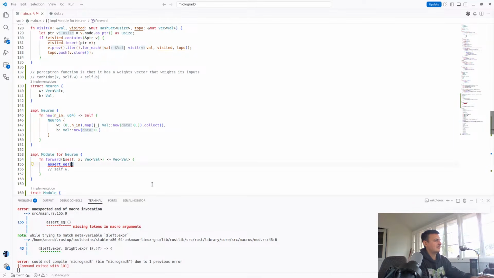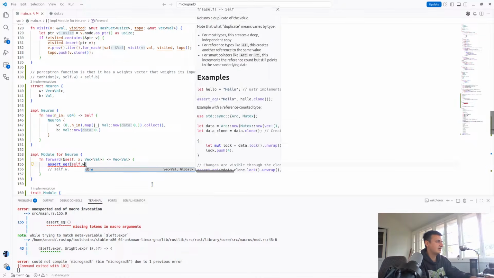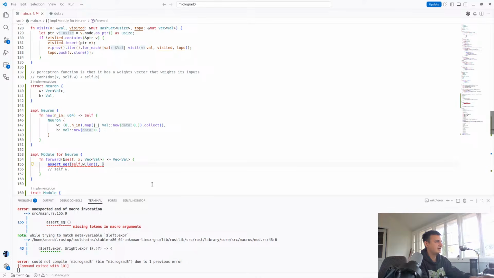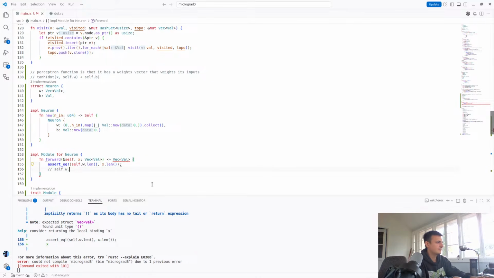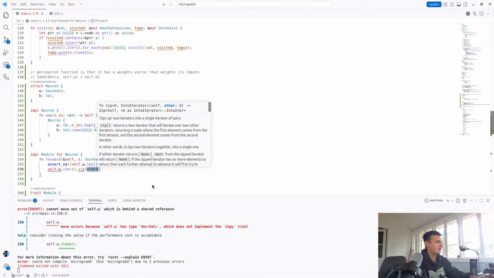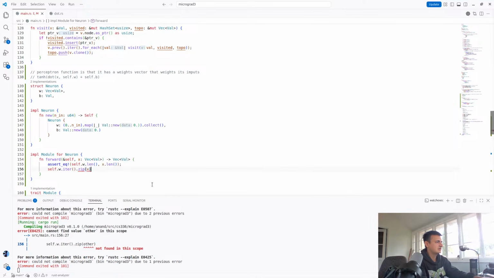What a real library would do is tensor sizes are probably part of the type or something. But self.w.len and x.len. Okay, so we're going to do self.w.zip x dot